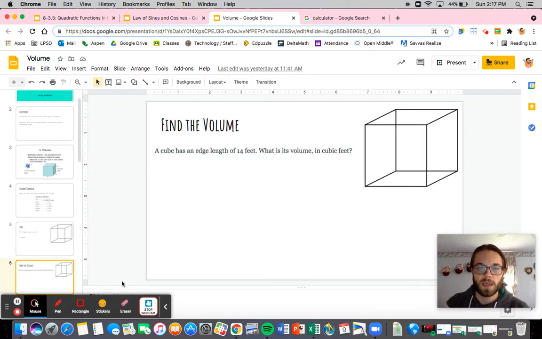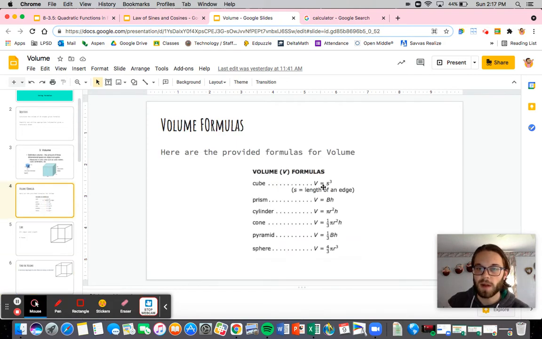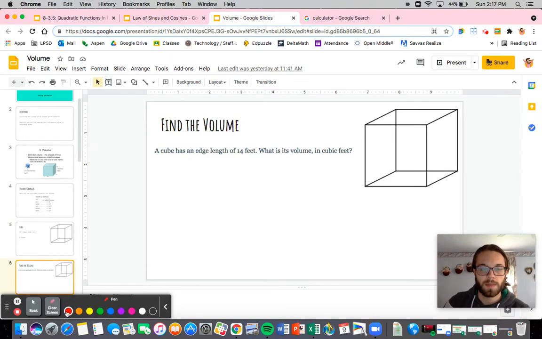So if you were given a cube with 14 feet as an edge, we know, if we go back to our formulas, cube, it gives you volume is side length squared. So we're going to go over here. We know the volume is the side length cubed. I'm sorry, I think I might have said squared, but it's the side length cubed. My side length is 14, so I'm going to cube that. When you're raising it to the third power, that's the same thing as 14 times 14 times 14,